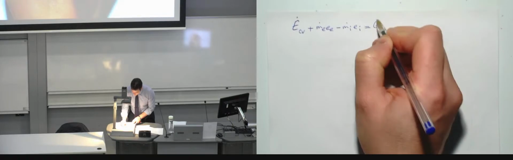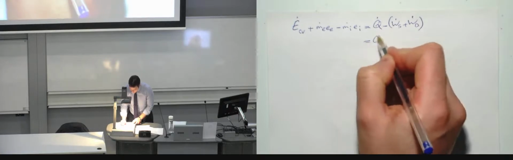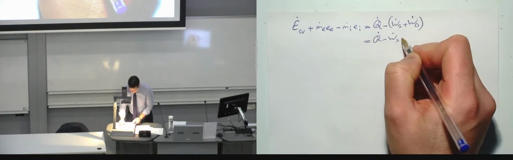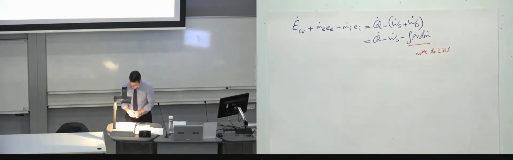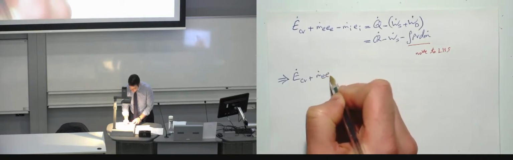That was Q dot minus W_S plus W_D. And I said I want to move that to the left-hand side, but before doing that, let's just note that that is Q dot minus W dot S minus P v dm dot. Move to left-hand side, and that means that now I'm going to have E dot CV plus m dot e_e